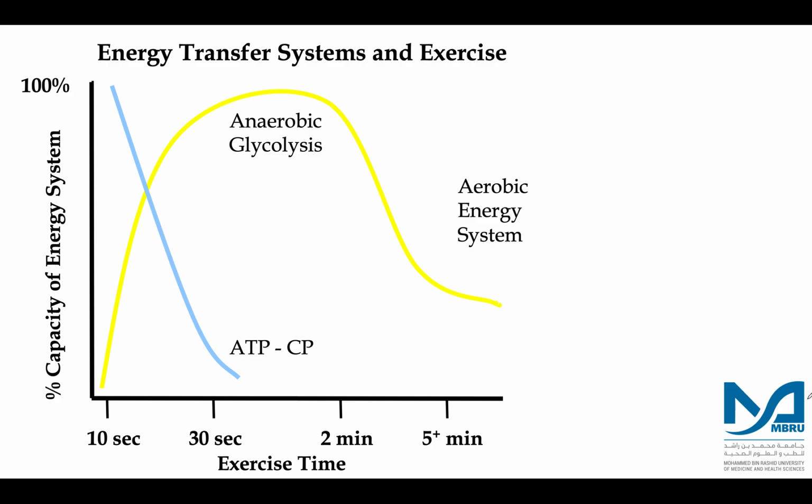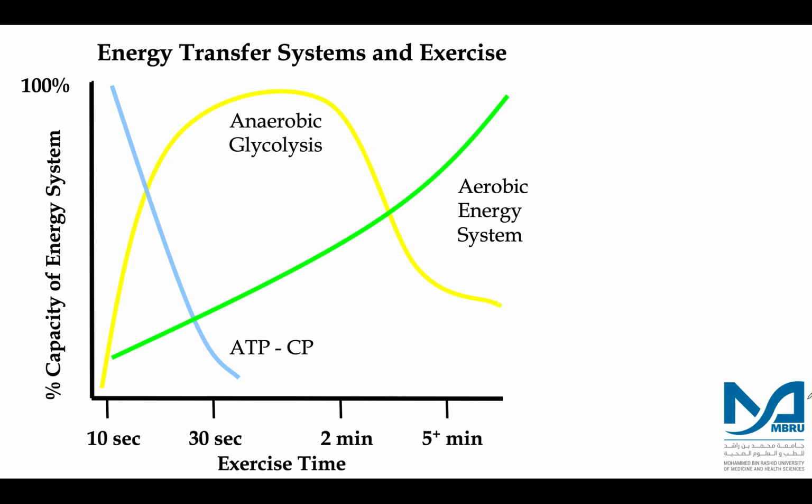But generally, by 2 minutes, you have reached the peak of anaerobic glycolysis. Lactic acid is building up inside the muscle, and at the same time, the other organ systems are catching up with this sudden need for energy. So the heart is pumping huge amounts of blood to the muscle. So as the other organ systems catch up with this need for ATP, we see a gradual increase in the aerobic